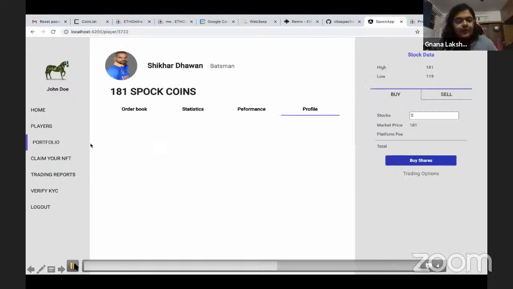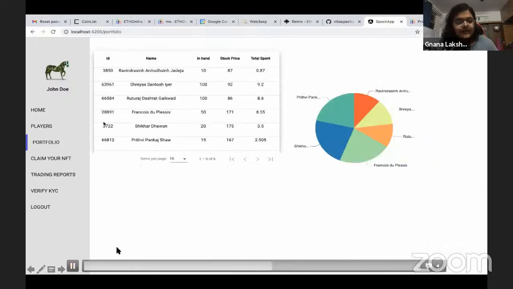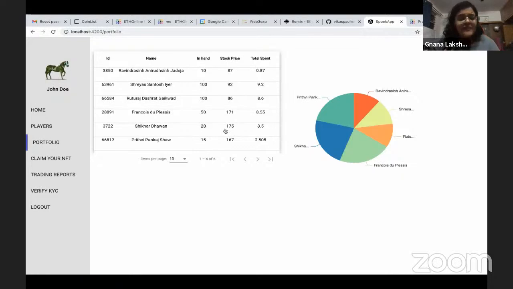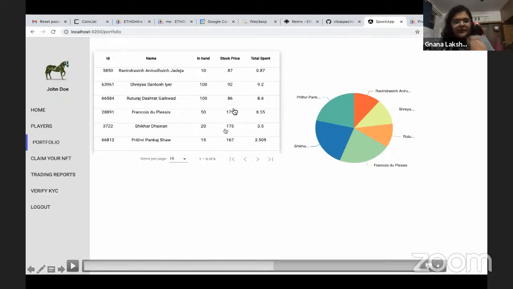You can see the score as well: before the match, Shikhar Dhawan's stock price was 175. As there was a live match yesterday, the scores increased. Ruturaj, another player's score, was 86 before the match, and Prithvi Pankaj Shaw's score was 167.